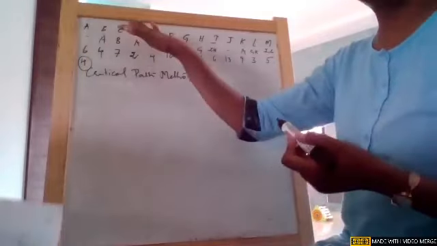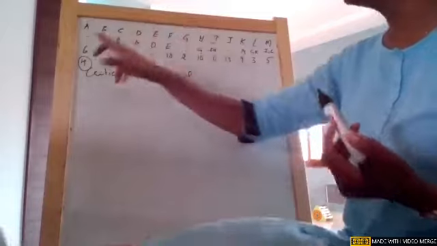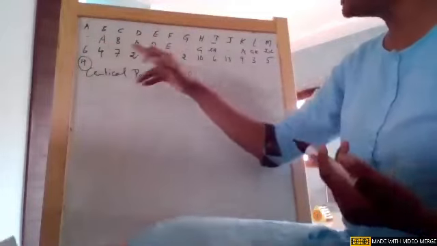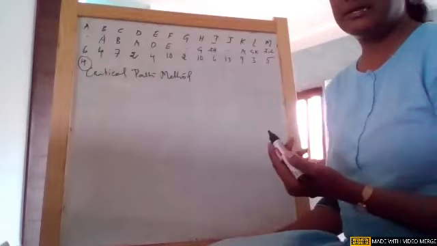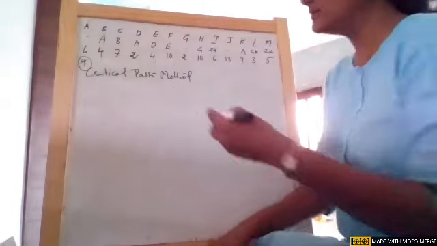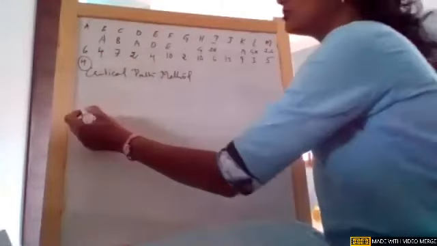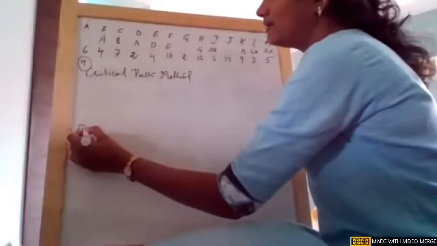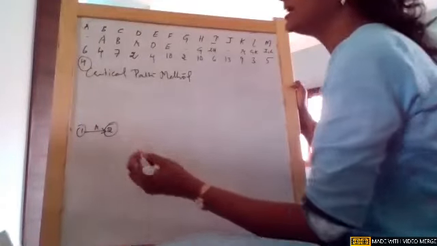So first, as usual, the first column is the normal activities A to M, and the second row are the predecessor activities which are associated with them. So first let us draw the network. A is not having any predecessor. So obviously we know A, 1 to 2, is A without any predecessor.